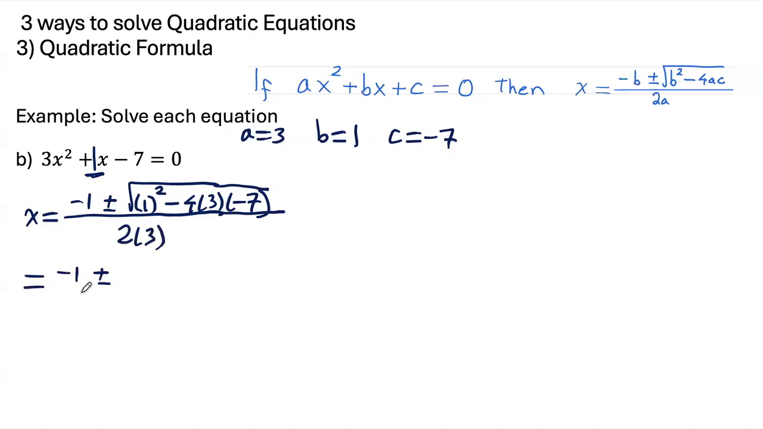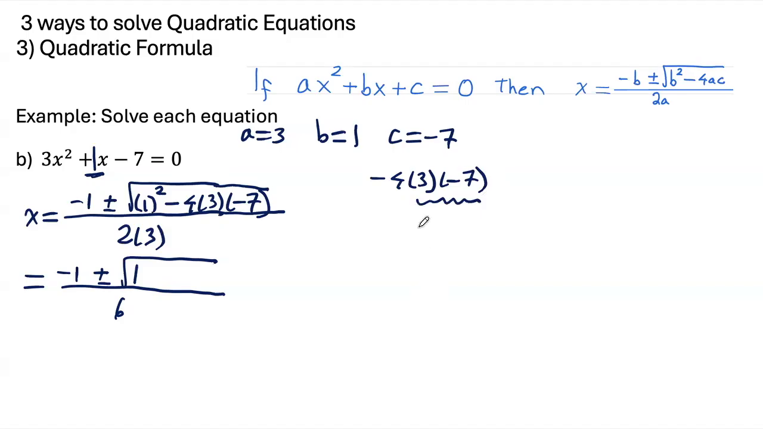Negative 1 plus or minus square root of 1 squared is 1. Then I have to sort this out. So I'll do it on the side. Negative 4 times 3 times negative 7. I can multiply these together to a negative 21. And now I have to deal with negative 4 times negative 21, which gives me positive 84. Simplifying,